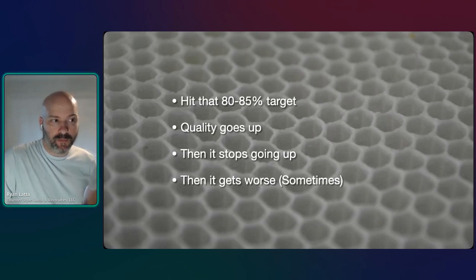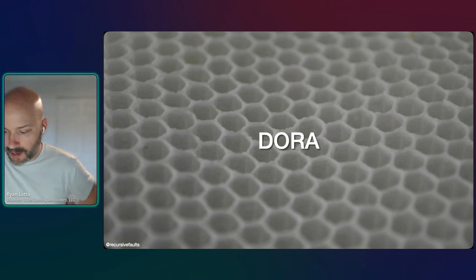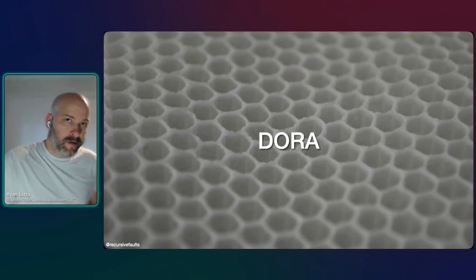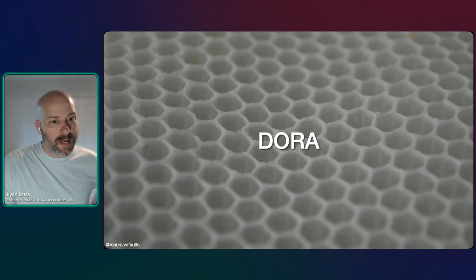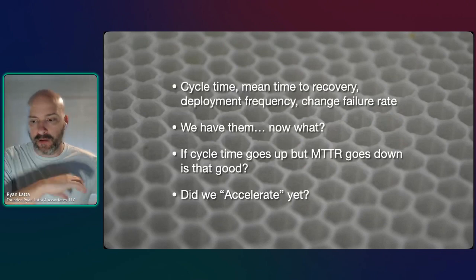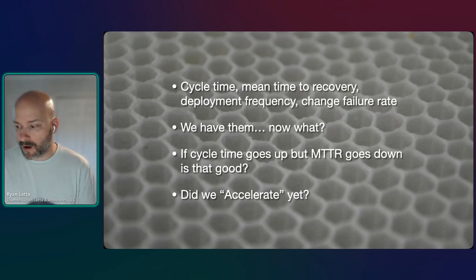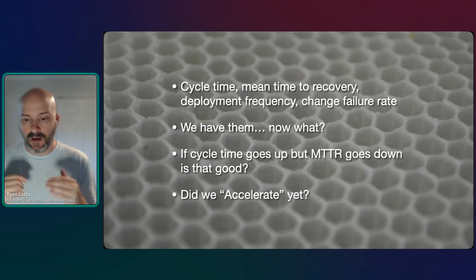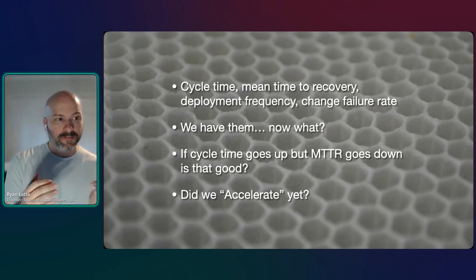So last example, DORA metrics. I'm going to pick on DORA metrics for a minute. DORA metrics are cycle time, mean time to recovery, change failure rate, and deployment frequency. They have been popularized in the book Accelerate by Dr. Nicole Forsgren, part of the DevOps research. They're not all that common in use, but they get discussed all the time. And they are popularized because you can benchmark high-performing organizations by these metrics.